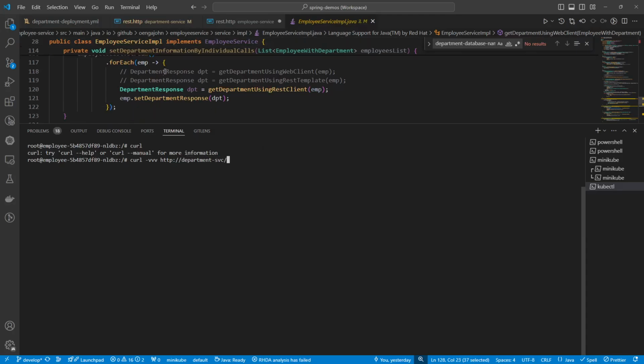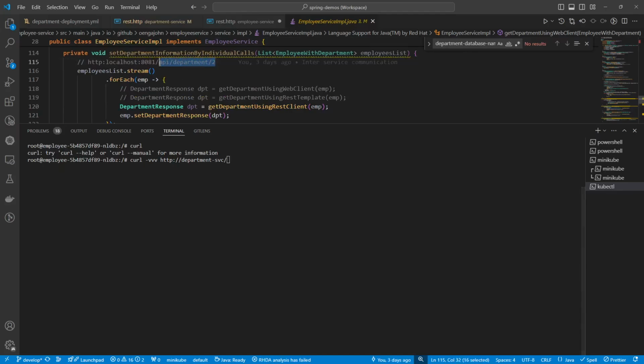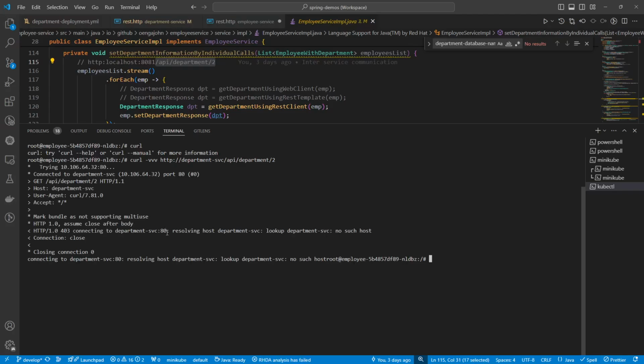The department service is just mimicking this one. Because I'm sure that the data exists, we're going to use the department service, then slash API slash departments. Let me make that call. It's a GET request, and you can see it's unable to resolve that. Let's confirm HTTP colon, and then